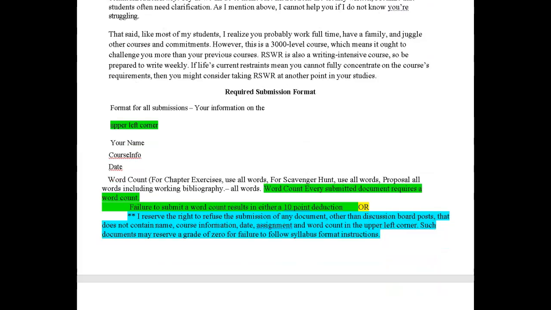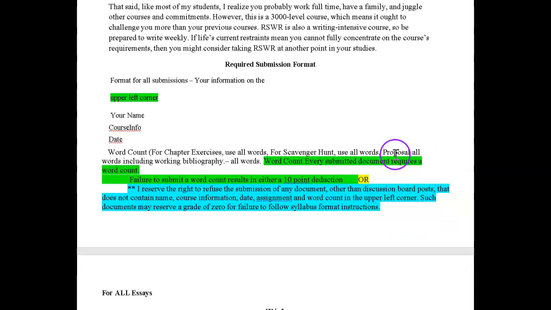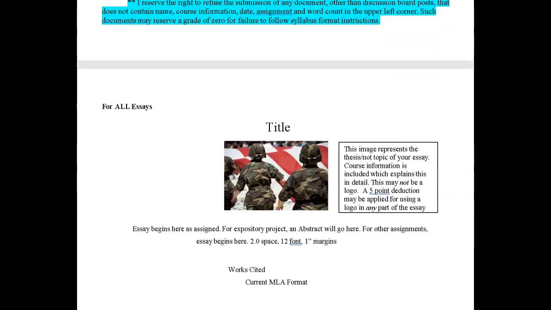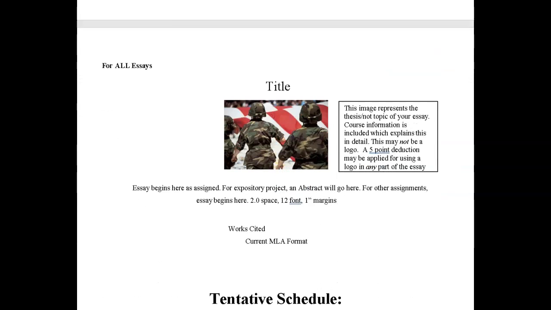And I want to make sure that I get down here and show you that everything that is submitted includes your name, course information, date in the upper left-hand corner, and word count. We need to demonstrate to the university that you wrote the appropriate number of words for credit in this class. And believe me, by the time the class is over, you will have met that expectation. So that's all information right there. Let's make sure that we get that done from the get-go so you get credit for every word you write in this course. For the essay submissions, there will always be that same information on the left, a title image,